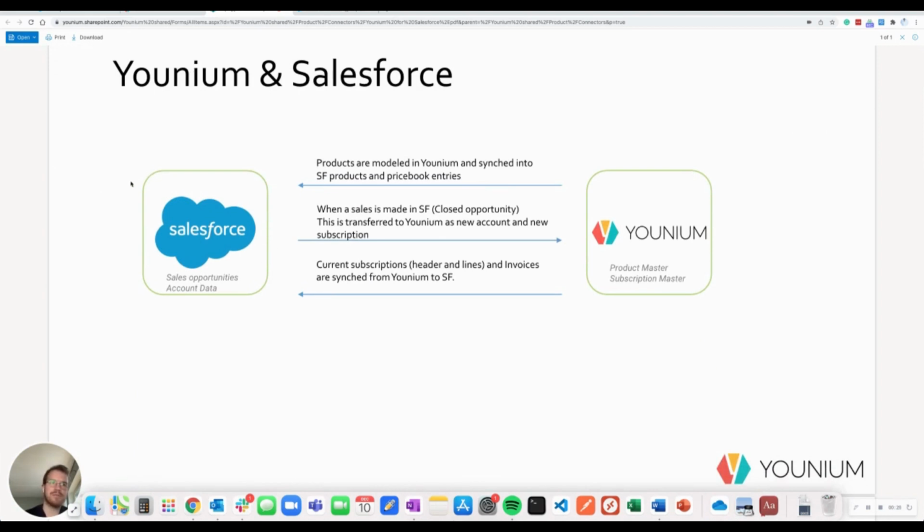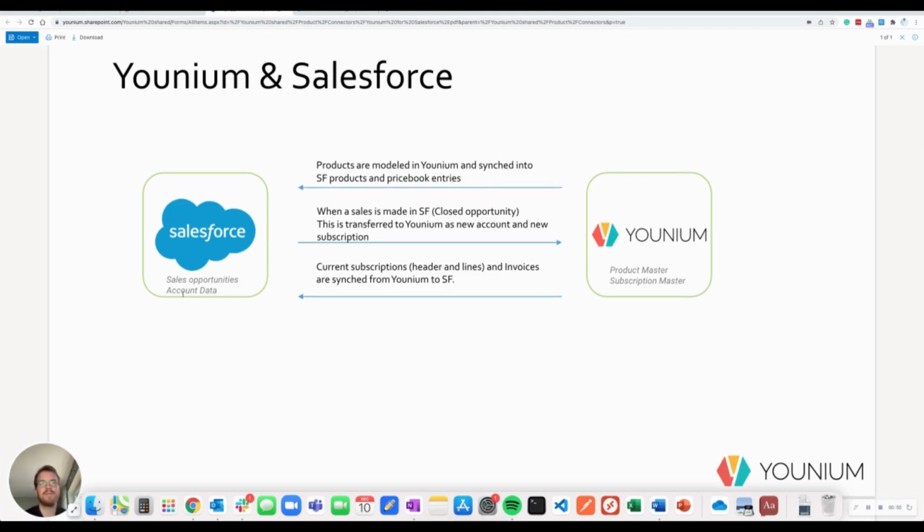So Salesforce obviously is probably your CRM, and it's where you have your sales processes. So here is where that process would reside, with new leads coming into Salesforce in the form of accounts, and running through all the stages in your sales process. This makes Salesforce the master of account data, so they come in first into Salesforce, and then you probably want this data to come into Younium